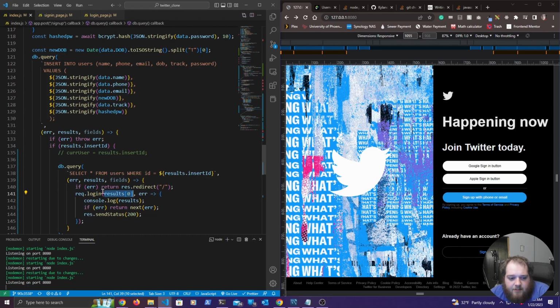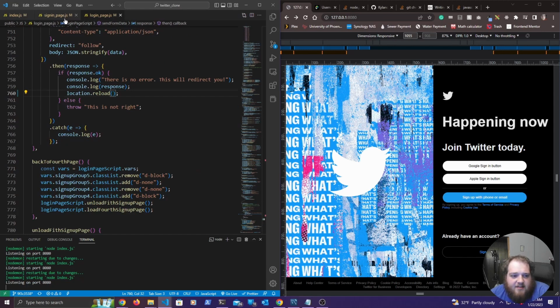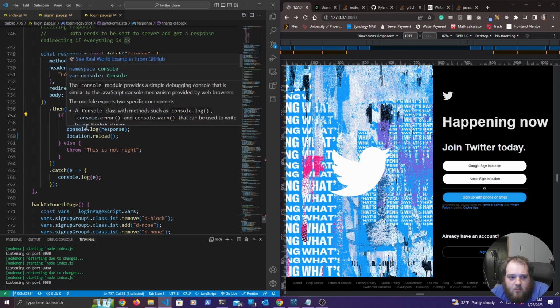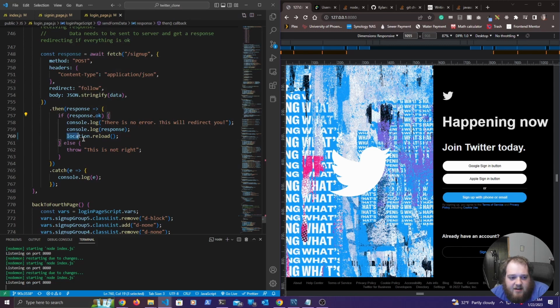And then if it successfully logs in the user, we are just going to send a res.send status of 200 back to this page. And then whenever it gets a status of 200 on the sign up page, I'm just checking to see if the response is okay, which, you know, is a 200 status code. If it is, then I'm just having the page reload itself, which will trigger another